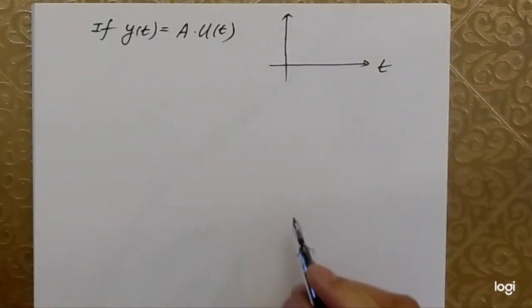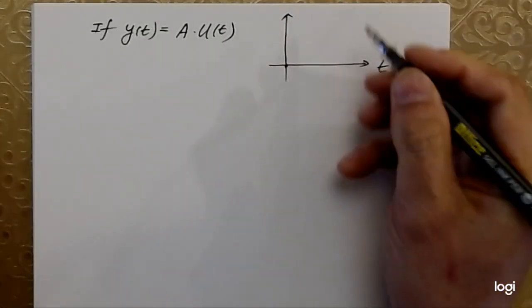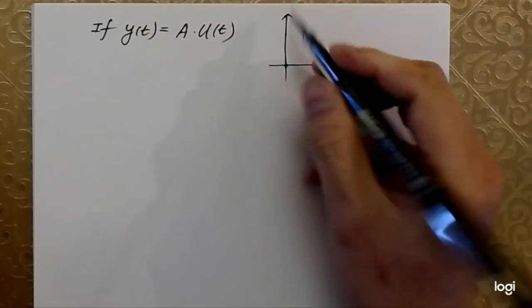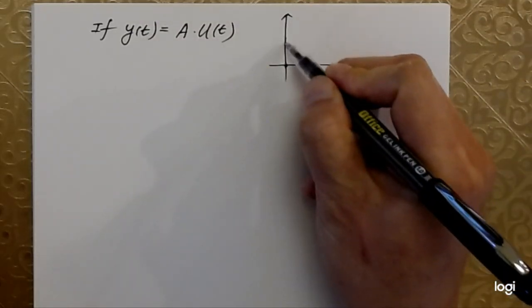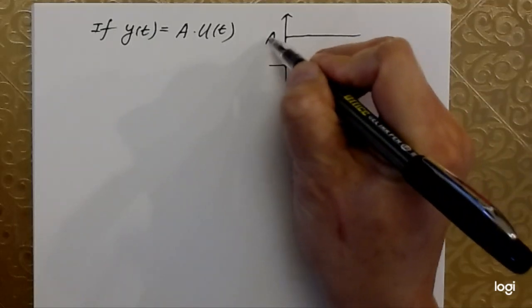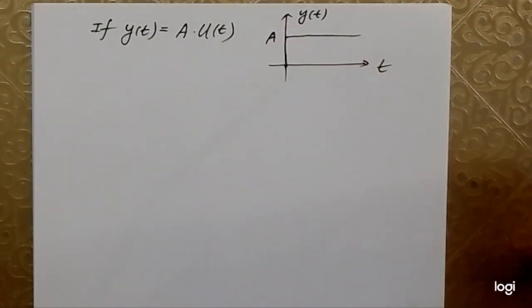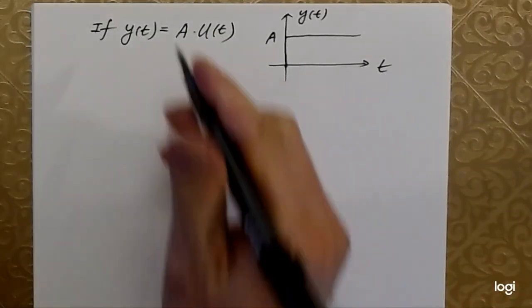In other words, nothing happened before the time start. After the time start, the value of y of t jumps to an amplitude of A. Okay, so this is step input,